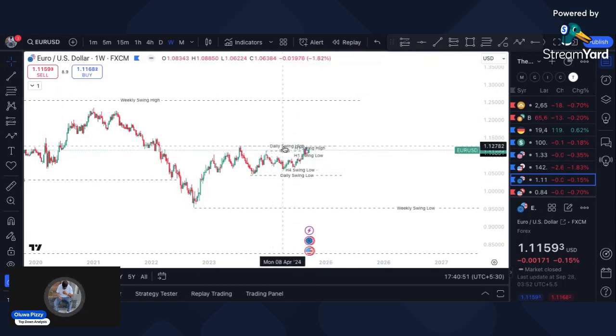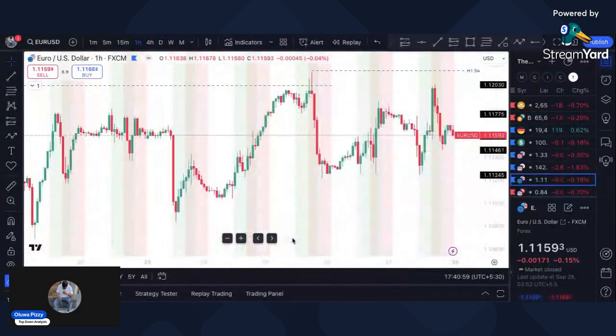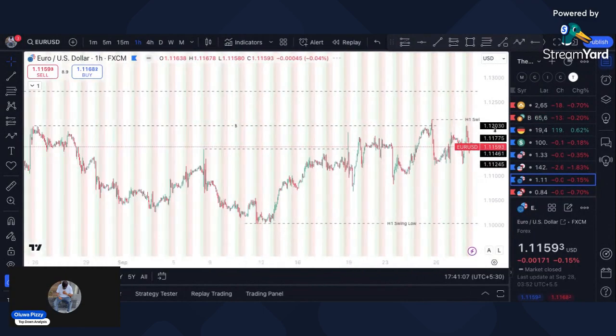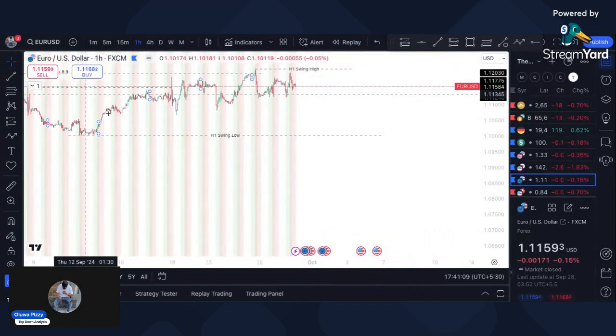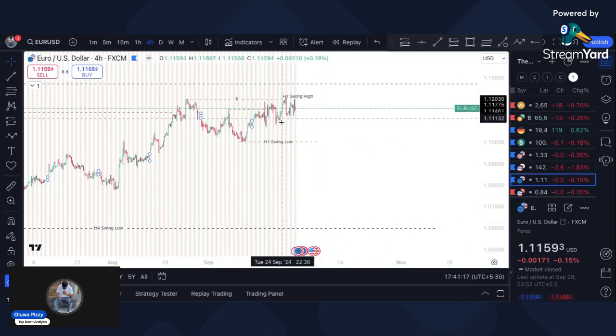But if this swing daily high has not been taken out, and we take out our 1 hour low, don't forget, if we take out this low, that means we are coming for our 4 hour low, because it's going to retrace in deeply. I hope you guys understand what I just said. This is just a top-down analysis and a little bit of a weekly